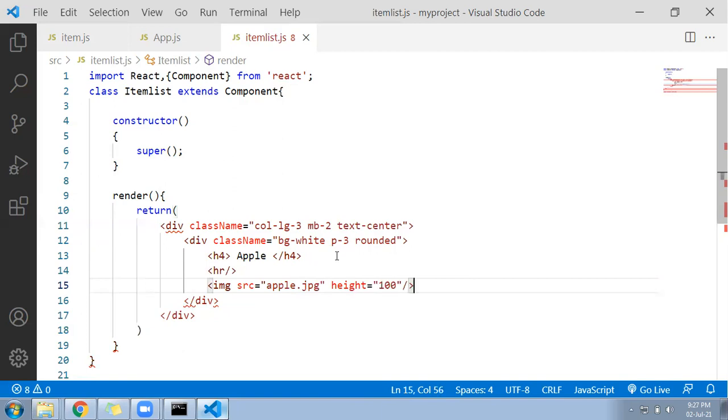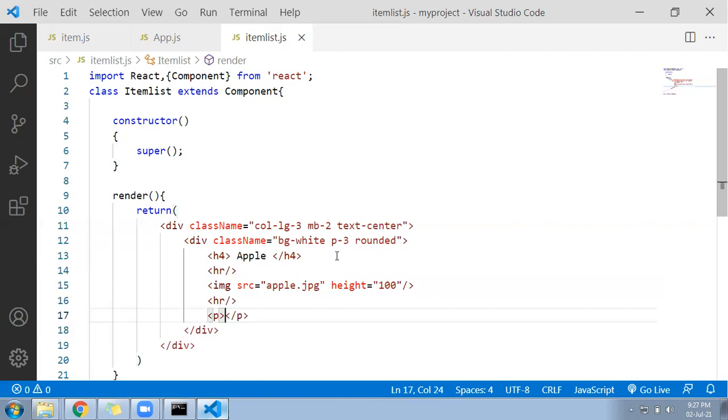Now after that, let me come down, add one more hr, and I'll keep the price here. Let me keep it directly as rupees 300 per kg. This is my component.